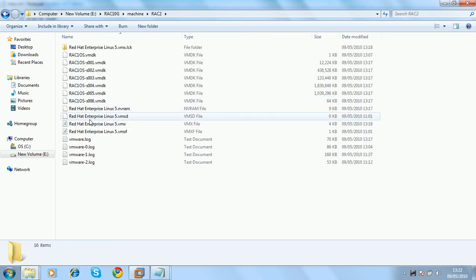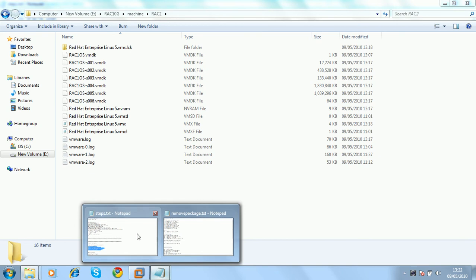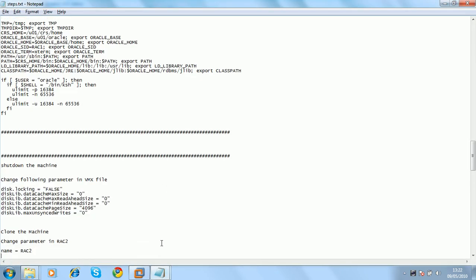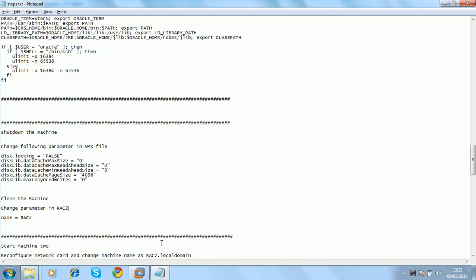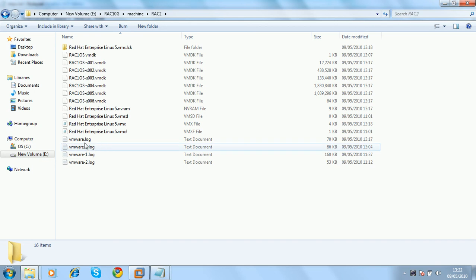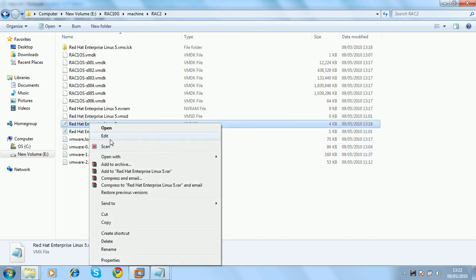So I'll tell you the next step. The next step would be to change the parameter in the rack 2 VMX file, display name. Now this is the rack 2 VMX file. Go here, go to edit,